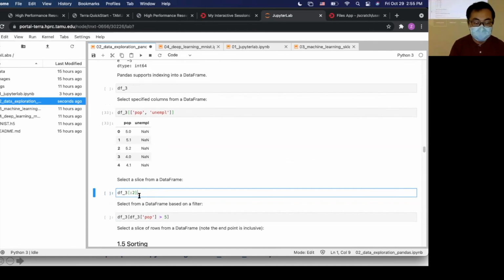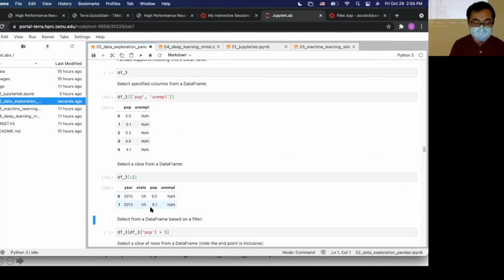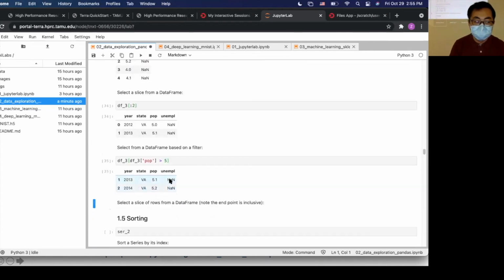So you can get the first 2 rows, a slice. And also here we can do filtering. For example, I want to look at the rows with the population greater than 5 million. It will give you these rows.